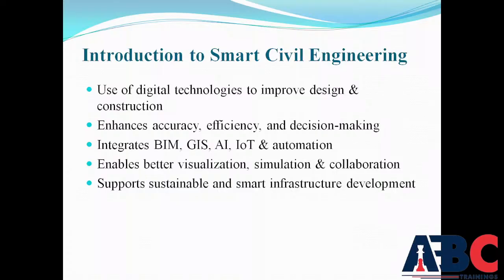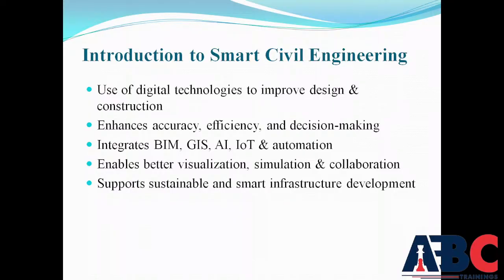After that, GIS means what? Mapping and spatial planning. It will do mapping, spatial planning, or terrain analysis. Terrain means our ground analysis, how the contours work, how our buildings are going to be structured on it, or environmental impact assessment studies are done. AI and machine learning is what? It is predictive modeling, risk assessment, optimization, and data on structural health, that we can find by that. IoT sensors is what? Real-time data on structural health, construction progress, traffic flow, water supply systems, as well as many more things that are going to be done by IoT sensors.